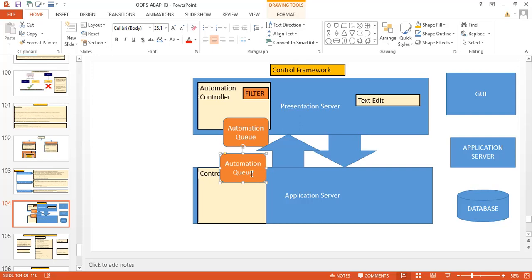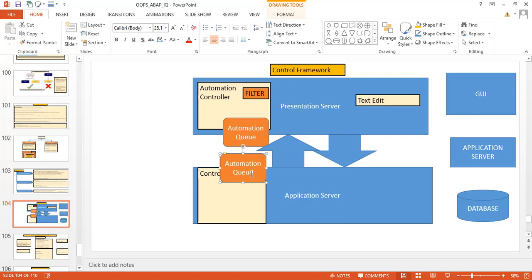Suppose before the end of the PBO, all the screens are going to have PAI and PBO, right? Automatically after PBO, the data is flushed. But suppose at PAI itself you want your data to be flushed. In PAI you have written some code, and in that PAI itself you want to display some message by writing code in the PAI of a screen, right?